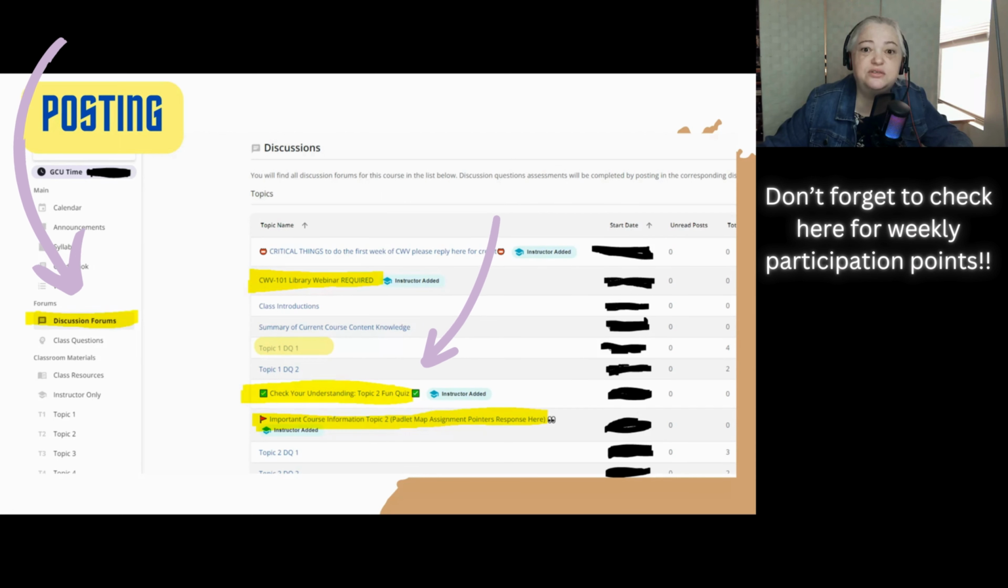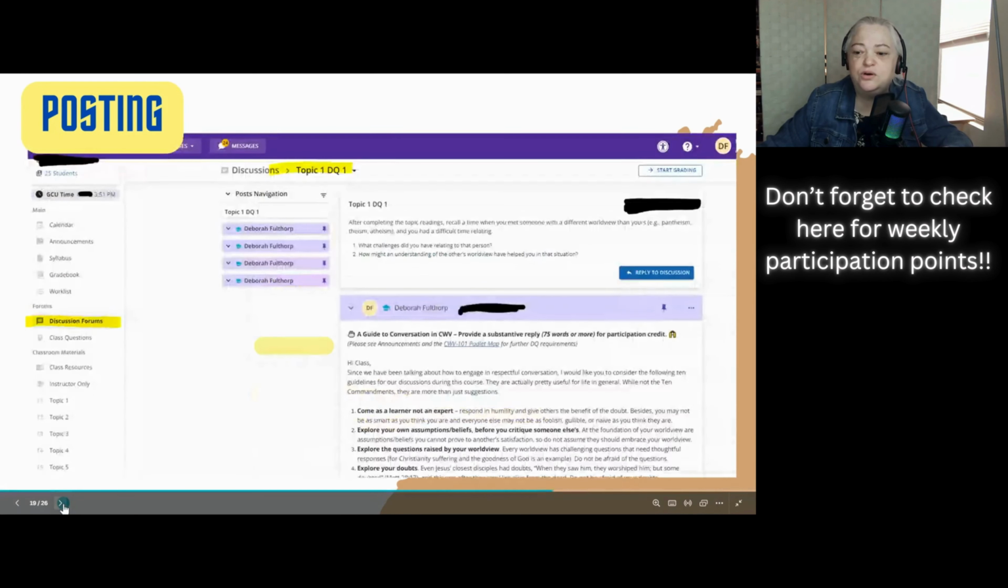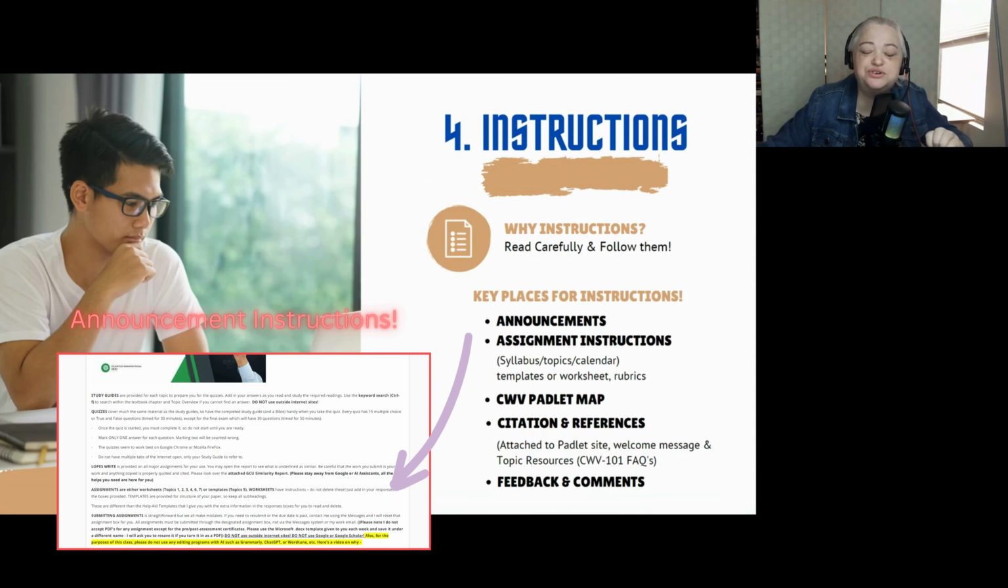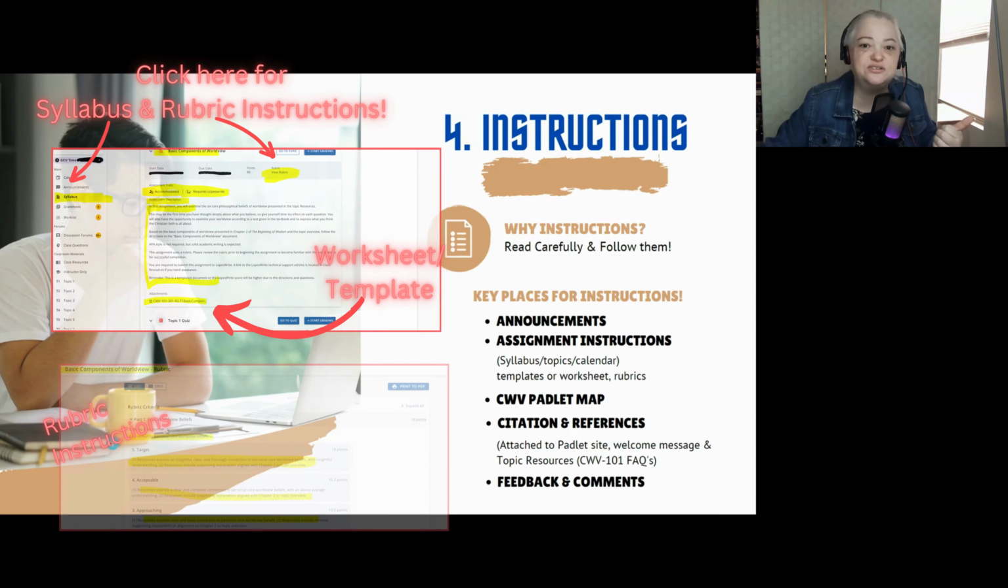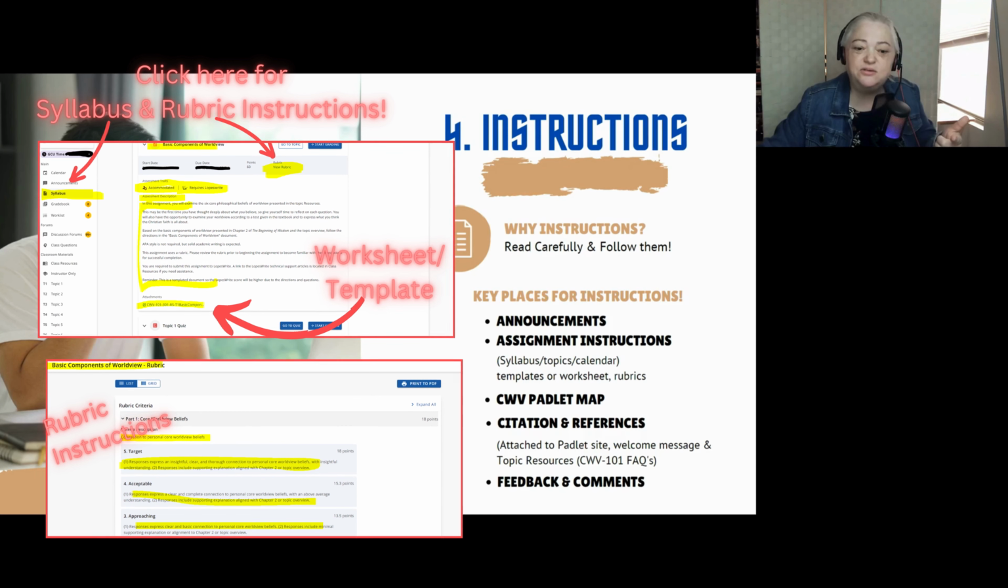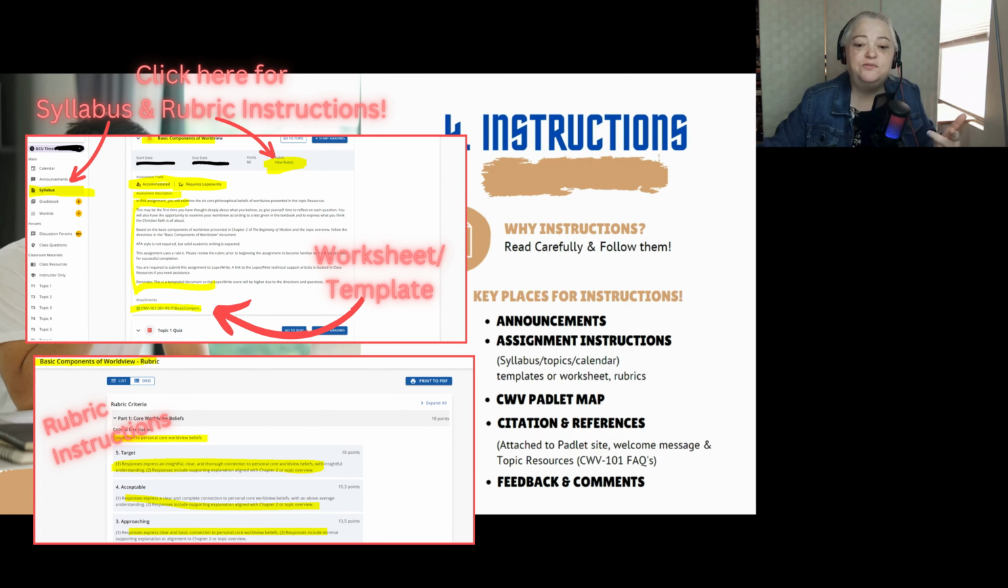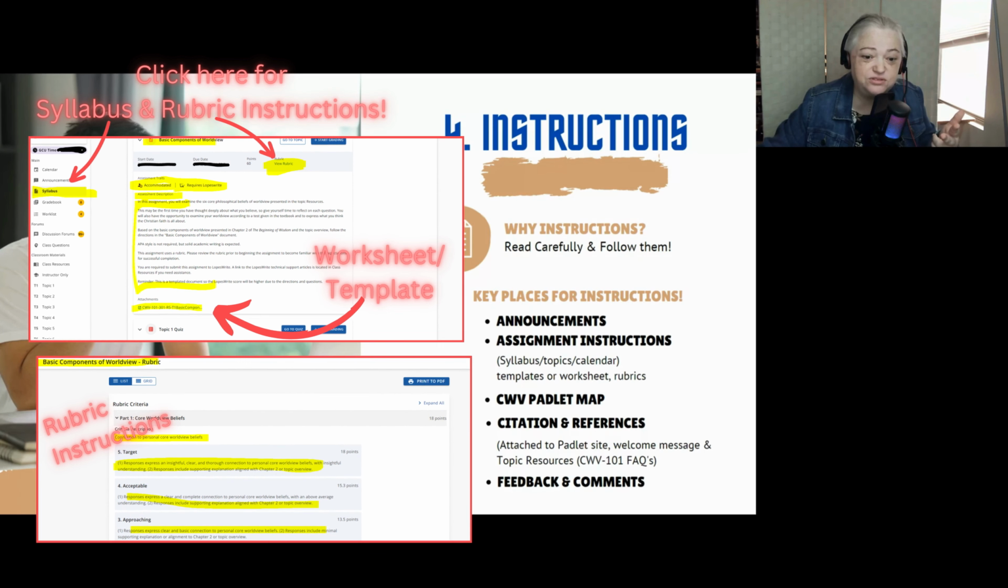So please be sure to go to that icon, and instead of only going to the DQ links in your calendar, click on that. Number 4, instructions. Be sure to read the instructions that I post in the announcements. Be sure to read the instructions that are included in the syllabus or the topic section of Halo. Review your rubric before you start on the